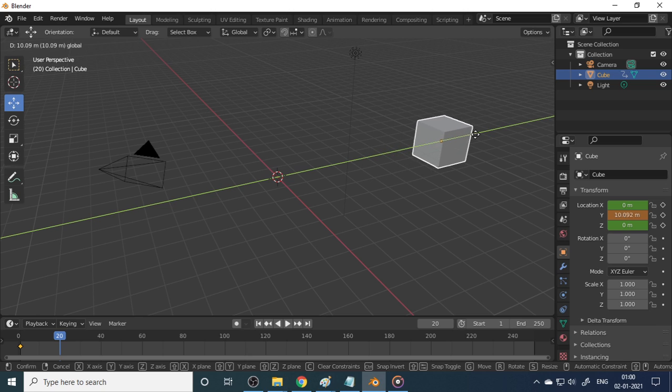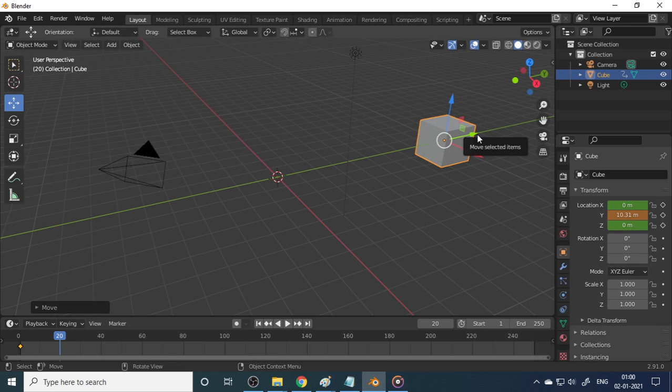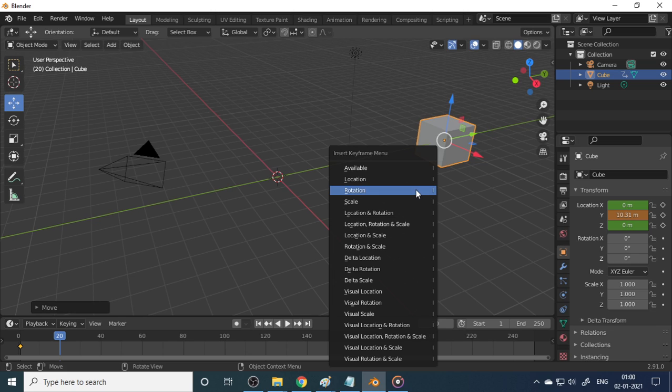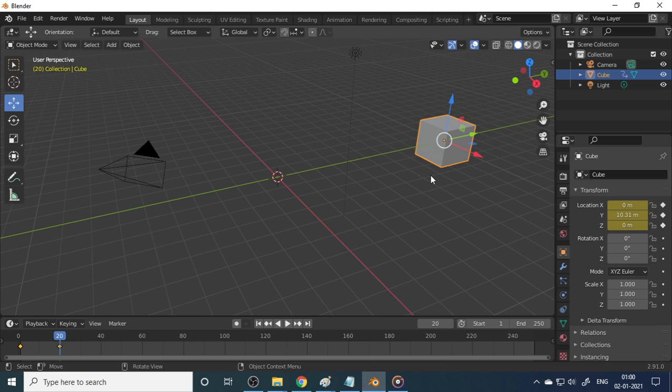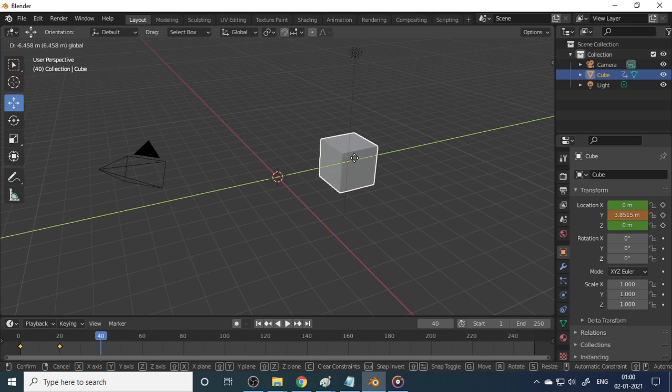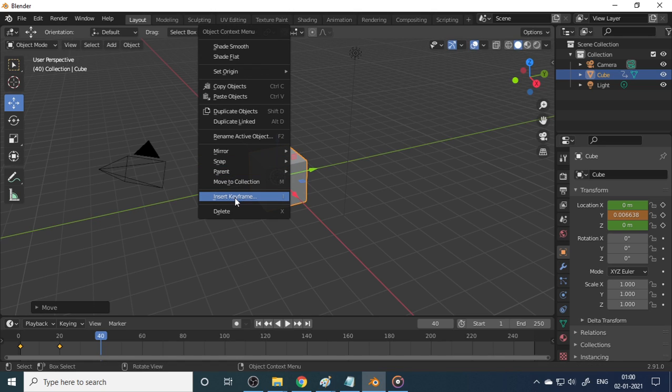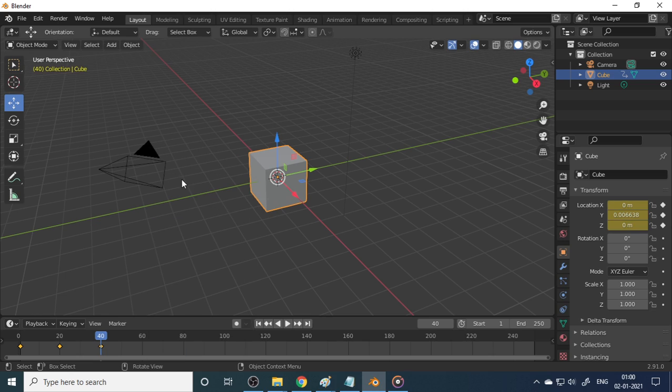the cube towards Y direction, right click, insert keyframe, location, then bring the cursor to 40, so you can bring back to original, right click, insert, location, then bring to 60,